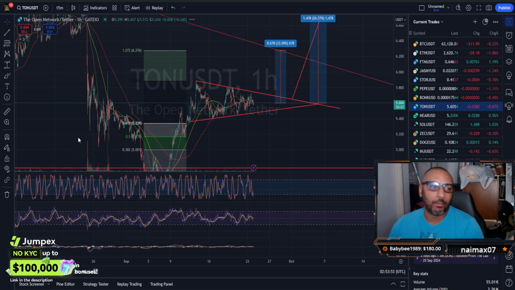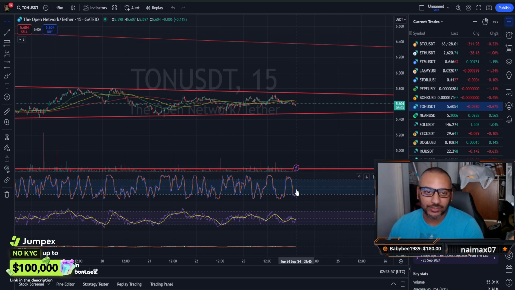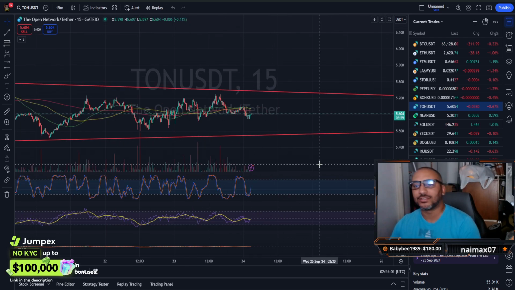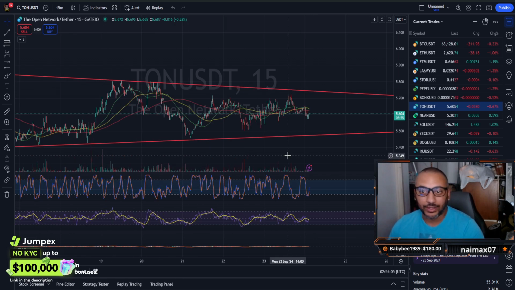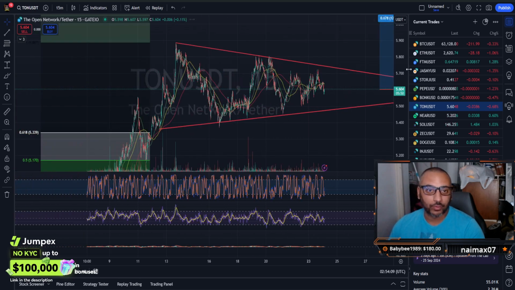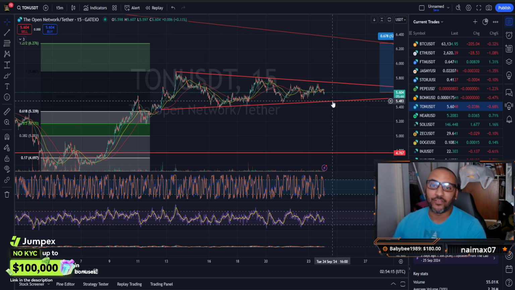Anyways, for you more advanced traders out there looking at your 15-minute stochastics pointing straight up, you are underneath all of your tight moving averages, so this move could happen within the next day. So yeah, just get your alerts ready, watch for the breakout. If we do get a little bit of a pullback down to this lower trend line, could possibly be a very good entry. Never financial advice, of course.